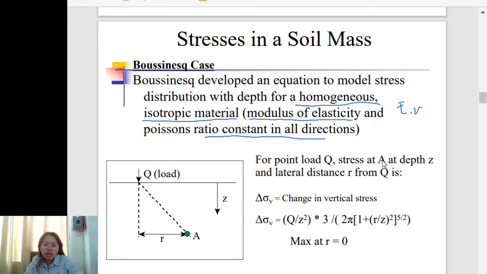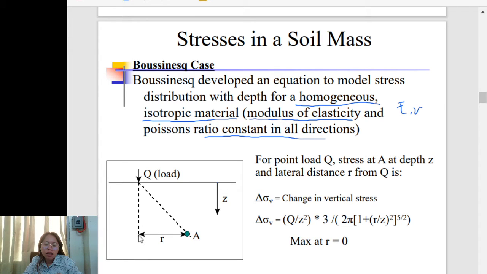For point load Q, the stress at A, at depth Z, and lateral distance R from Q, we denote as change in vertical stress, delta sigma sub V, is equal to Q, that is the vertical load, over Z squared, at a certain distance from the footing, times 3 over 2 pi times the quantity 1 plus